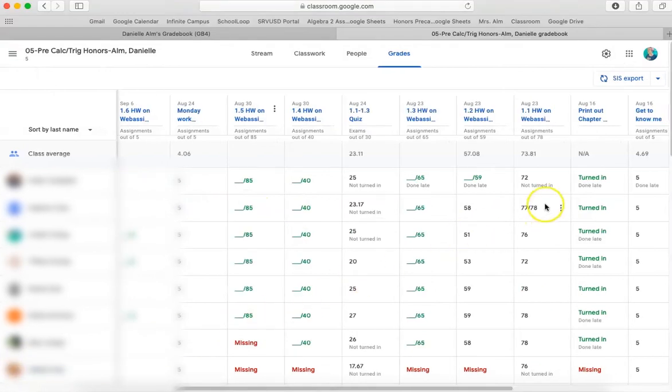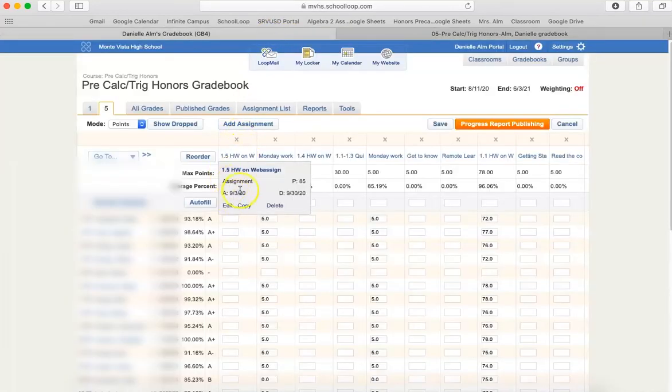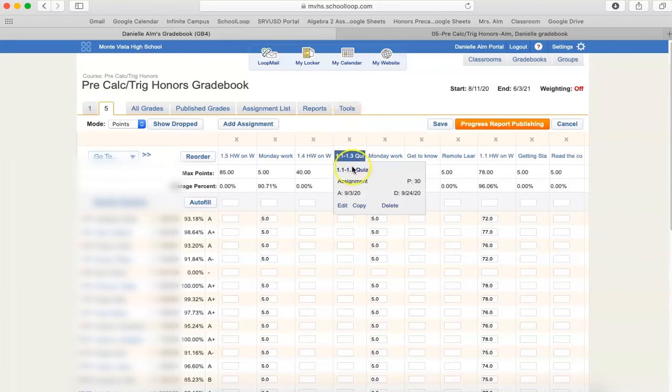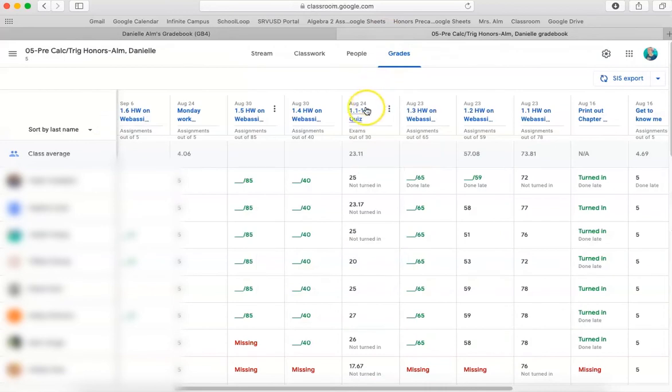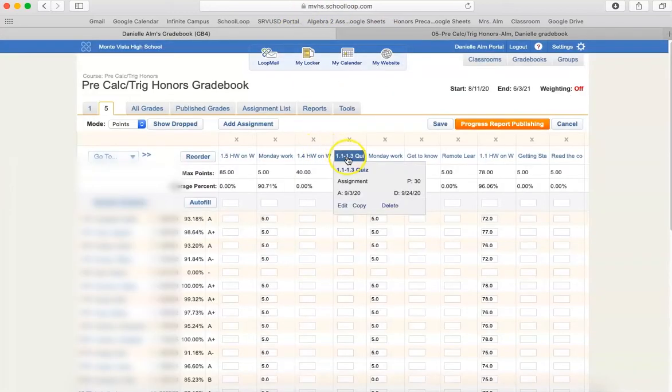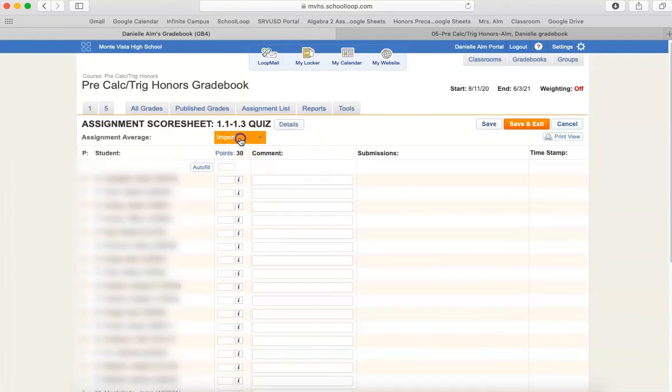So it takes about a minute to flip all the dates back, about 1 or 2 minutes to flip them to September dates, and then about a minute or 2 to flip them back. So that's not too bad in terms of the amount of time it takes to get the assignments themselves imported. Whatever the date is, it actually doesn't matter if it aligns or not with the date that we have here. So you can see this is still September. It will still import even if the date is a different date. So like here's a September one, but in here, it's back on August 24th. Doesn't matter. It'll still import. So I'll go ahead and click on it, import this,